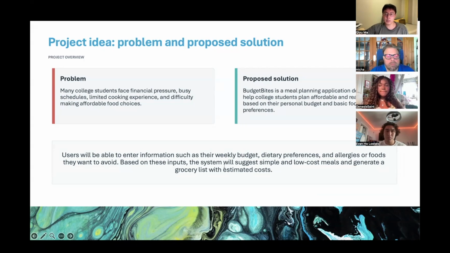Our proposed solution is BudgetBites. The application helps students create a meal plan based on their weekly food budgets and basic food preferences. Instead of searching through many recipes and calculating grocery costs manually, students can use this one tool to organize their